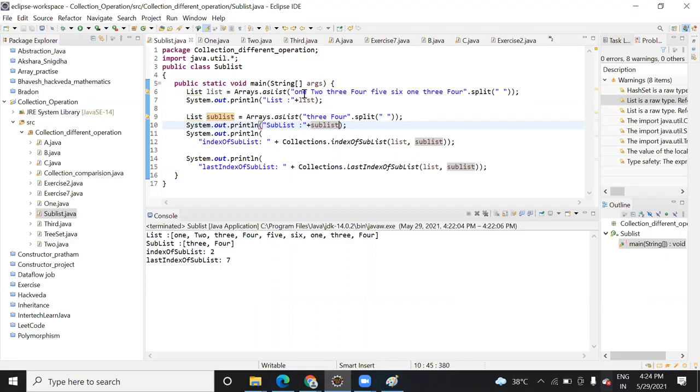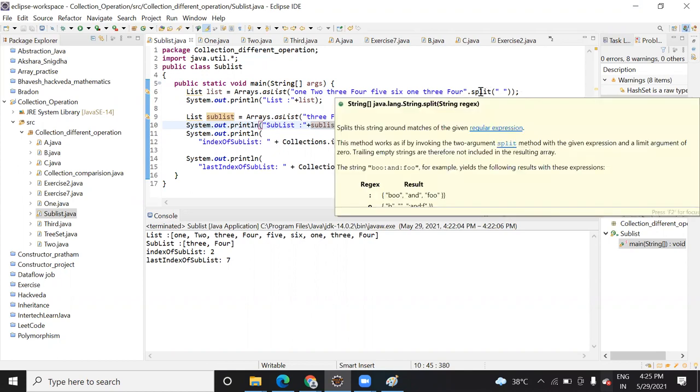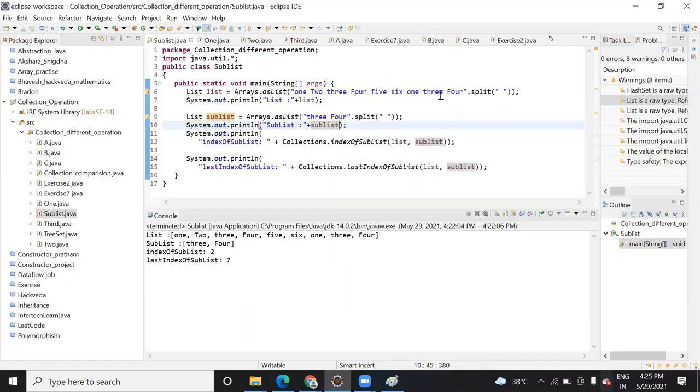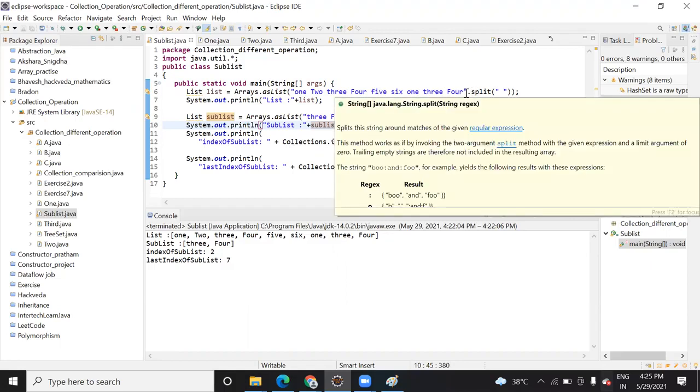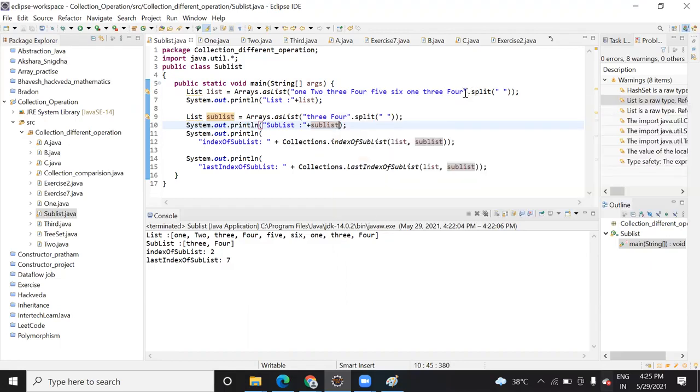You take it O-N-E, and then you can split it. Then it will be read as O-N-E like that. So you can take it that also. It will work with that. You can split it with the space, so it depends on you what value. This is a double quote, so inside this double quote, whatever value you want you can take. So we can take a character also, a word also, or a space.